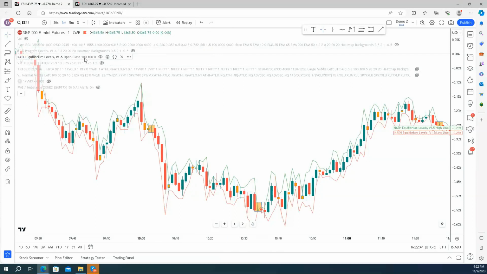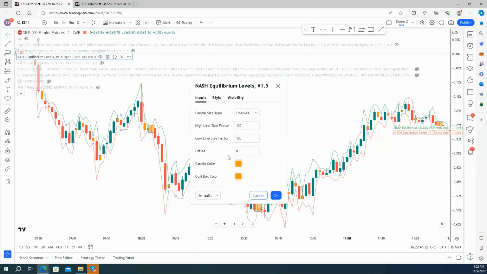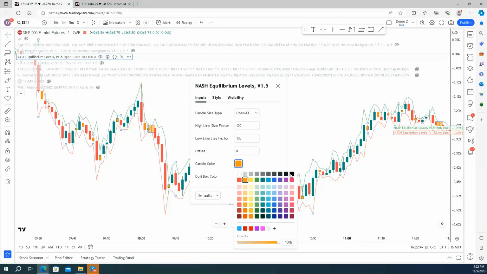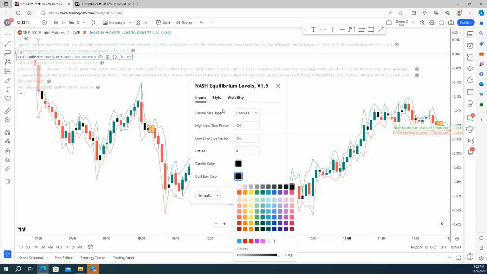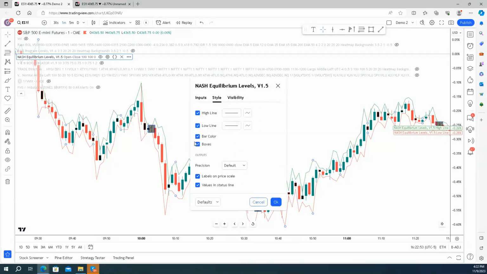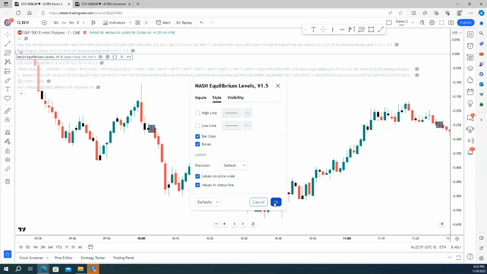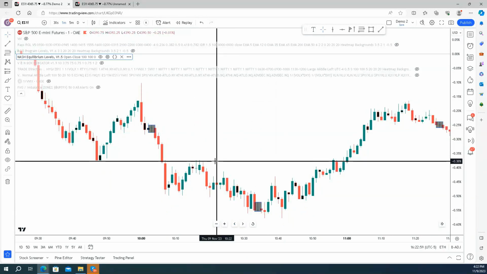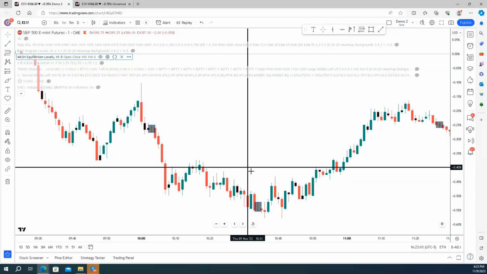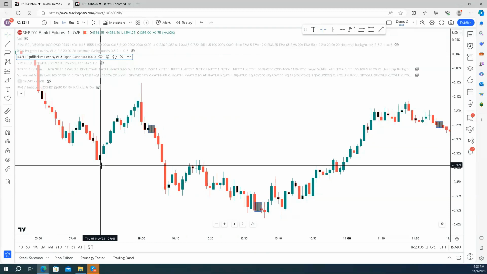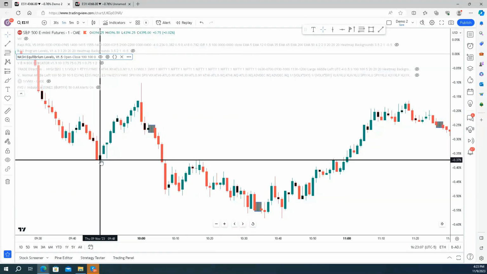But what I do with it is I take it and I actually turn these candles a better color to see. I'll turn them so you can see them. And I turn off the lines if you don't want to use them for bid and offers. And what it actually shows you is where that Nash equilibrium is coming in. So if you see these black candles coming in, you can see usually they come in at a level